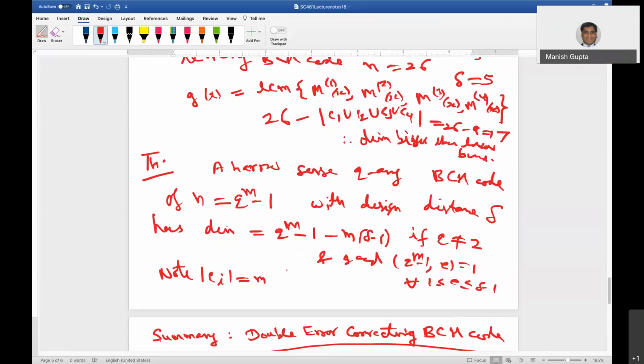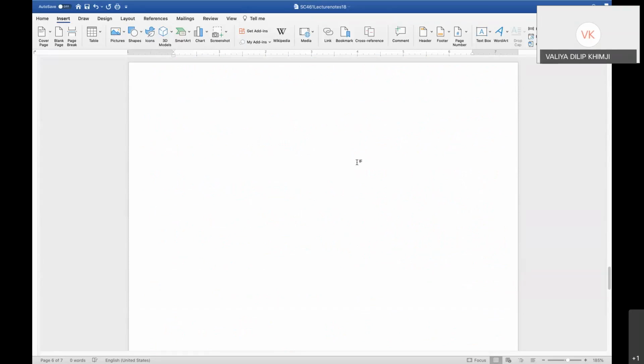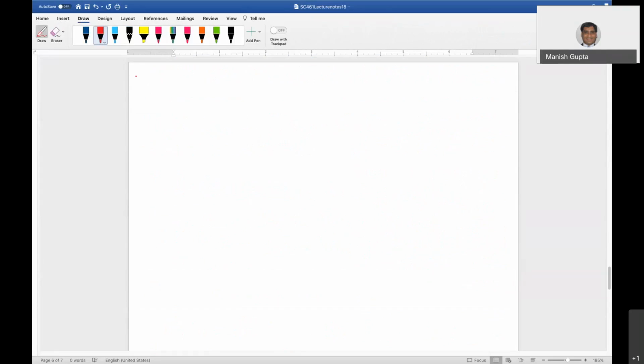Now I think the second important thing about BCH codes is the parameter, the distance. So now we give one important lemma. We are going to use this lemma in proving the minimum distance. Let C be a cyclic code